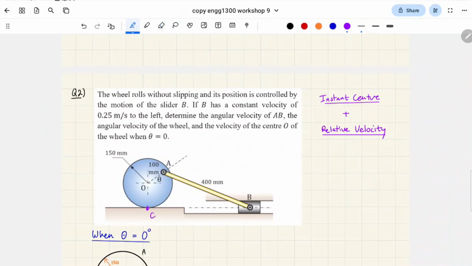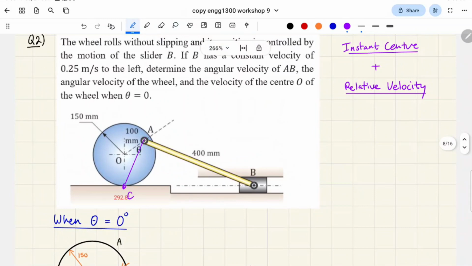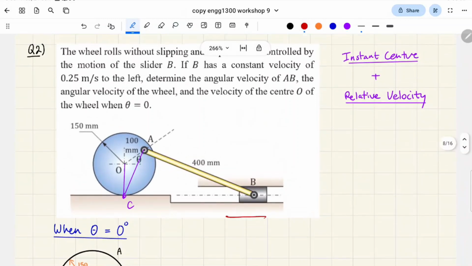this disk is actually in general plane motion. So it's got the translational part and the rotational part. Anyway, that was just a long way of saying that you can use this for your calculations. And basically the question will say that the velocity of the slider is moving to the left 0.25 meters per second. So in terms of how that's making this disk spin,